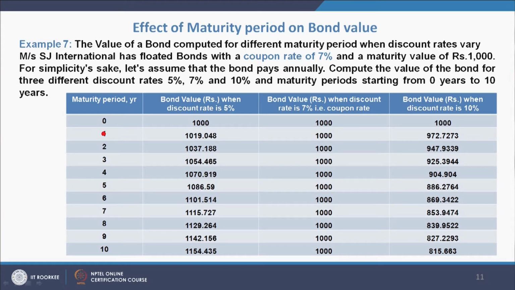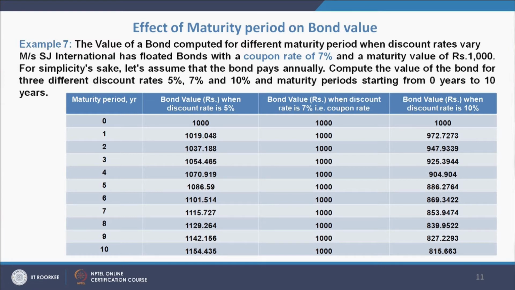Now, if it is 1 year, I find that the bond value for 5% discount rate is 1019.048, for 7% it is 1000 and for 10% it is 972.7273. That means the bond value will be more than 1000, the par value, even when the maturity period is 1 year,